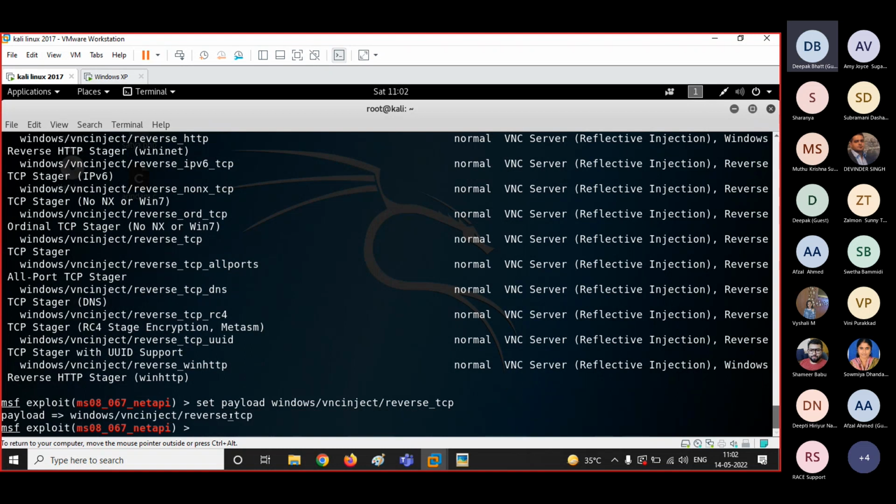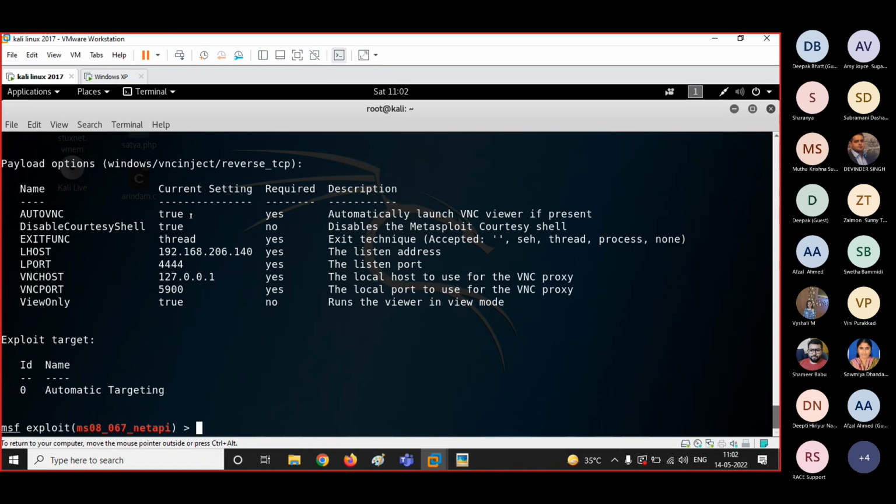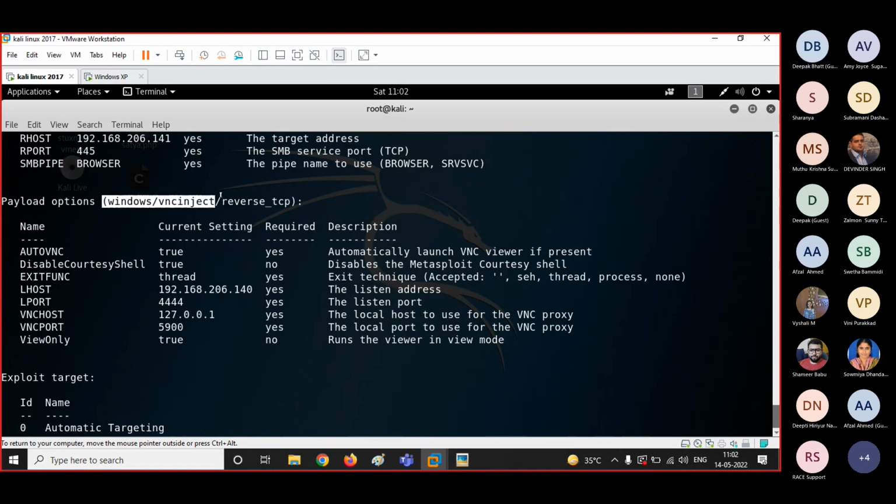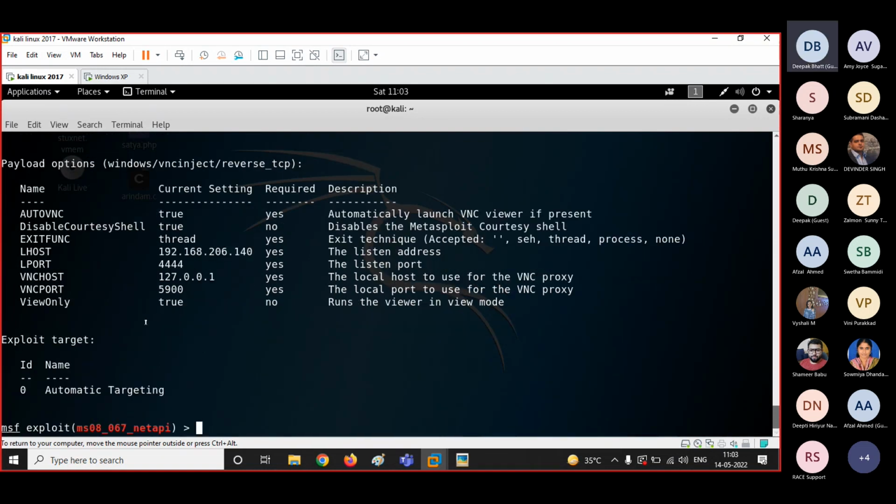Now let's check whether it has been replaced or not. Is it replaced now, guys? Previously you were getting Meterpreter over here, right? Yes or no? Now you're getting VNC inject. Now, guys, everything is set. As I told you, LHOST is your machine.